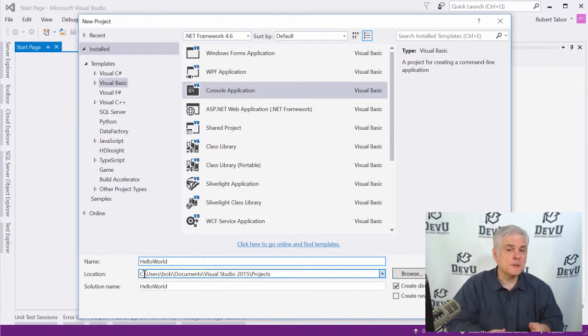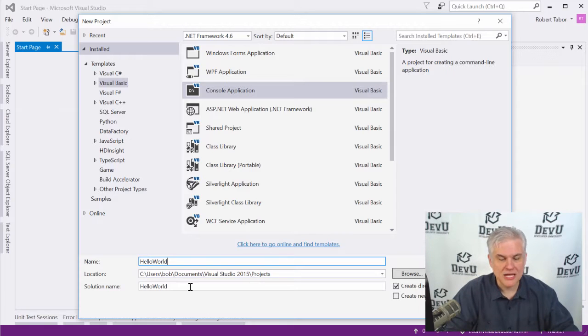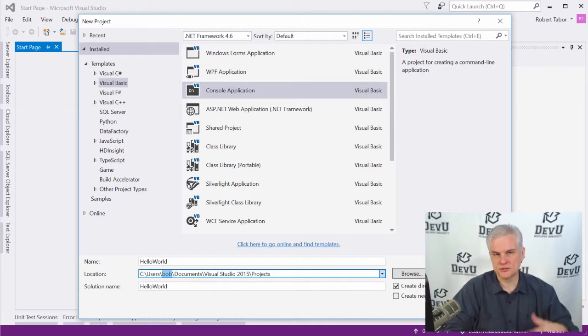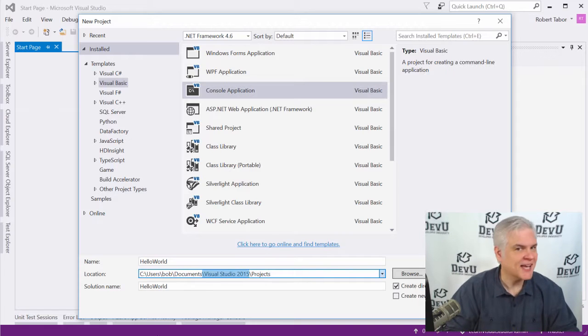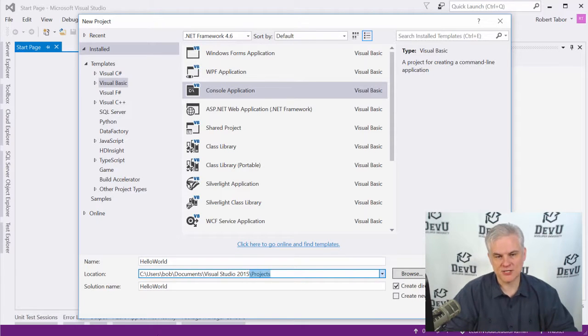By default, it's going to put your new projects into your documents folder. And so for me, my user on this computer is Bob, and Bob has a documents folder. You're probably familiar with that. And inside of there will be a Visual Studio folder with the year, or rather the version of Visual Studio that you're currently using. In my case, 2015. It could be 2050. I don't know. Whatever. Whenever you're watching this course. And then finally, there's a subfolder called Projects, and that's where we want to start off by saving all of our projects. You could change this and put this someplace else, but if you keep it here, then you always know where to find your projects.